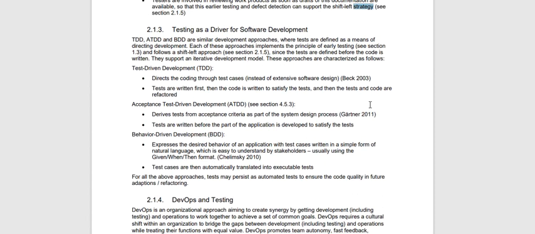TDD, ATDD, and BDD are similar development approaches where tests are defined as a means of directing development. Each of these approaches implements the principle of early testing and follows a shift left approach. Since the tests are defined before the code is written, they support iterative development models. These approaches are characterized as follows: test driven development means directing the coding through test cases